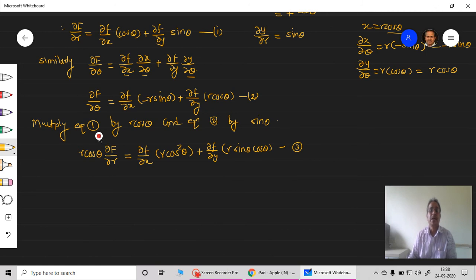Similarly, multiply equation 2 by sin theta, and let's check what we will get. The left hand side is sin theta into ∂F/∂theta, is equal to